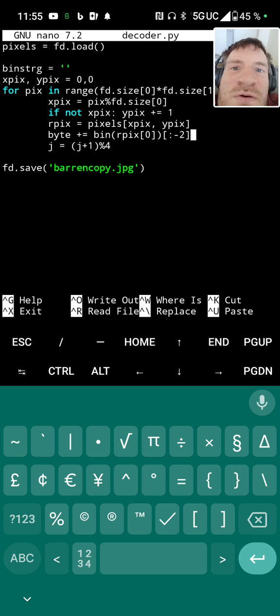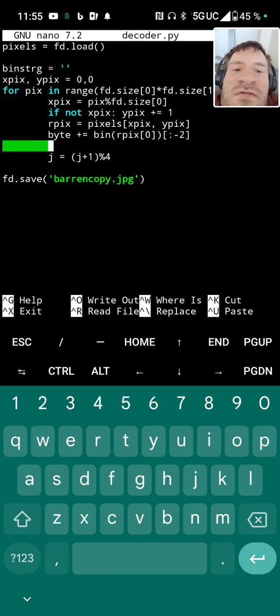Perfect code golf, by the way. So it's going to take the last 2 bits out of every red pixel that it comes across, and if